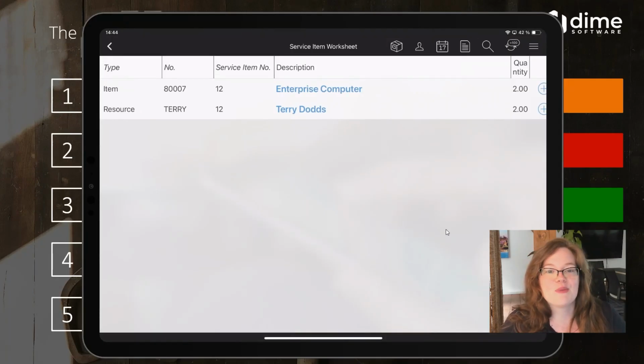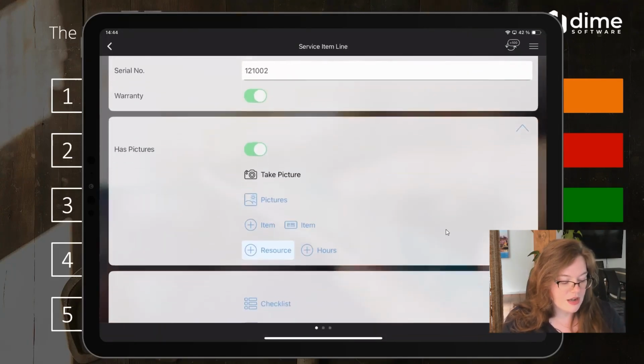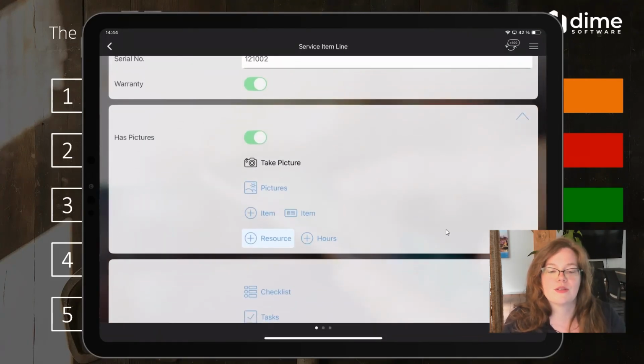Really great that they're there to help, but I want to make sure those hours are noted as well. So all that information can definitely be noted about those pictures, those spare parts, those resources. And for my side of things, I've done everything I need to on site. I'm going to go right ahead, collect a signature from the customer, push everything back to Dynamics, and head out